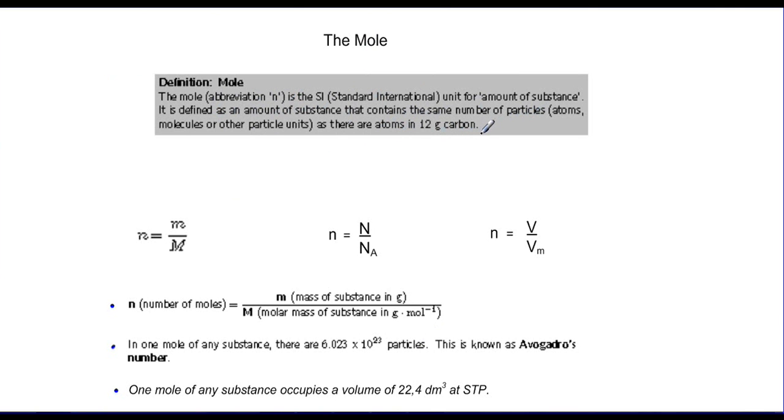Now, what it means here is that if you take 12 grams of carbon, and you have to count the atoms, you will get a certain amount. And that amount is given by this number here, 6,023 times 10 to the 22 particles. The particles can either be atoms, molecules, or other particle units. So that is important. Now, just to make it a little bit easier, because it is a difficult concept to visualize,